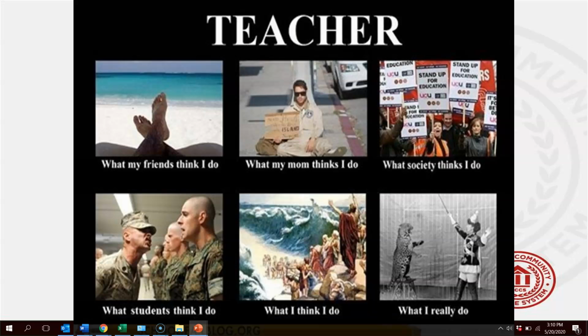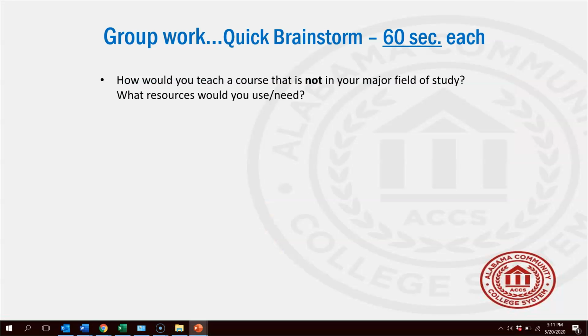So the perception of what we do is one thing, the reality may be another. Don't you hate it when people say, anybody can teach? Well, what they mean is they're evaluating maybe the courses they went through. And they're realizing anybody can stand up there and talk about what they're good at and then give a test and grade it. Well, that's true, but that's not teaching. We're talking about teaching, coaching, counseling, advising, whatever we need to do to get those students from point A to point B, with point B being much higher than point A.